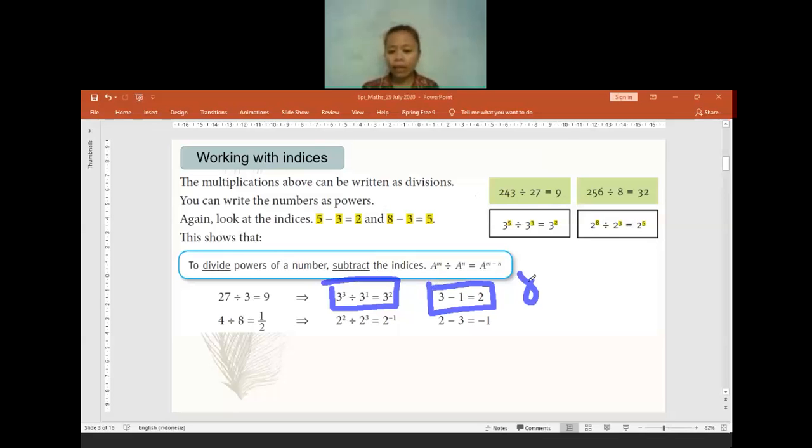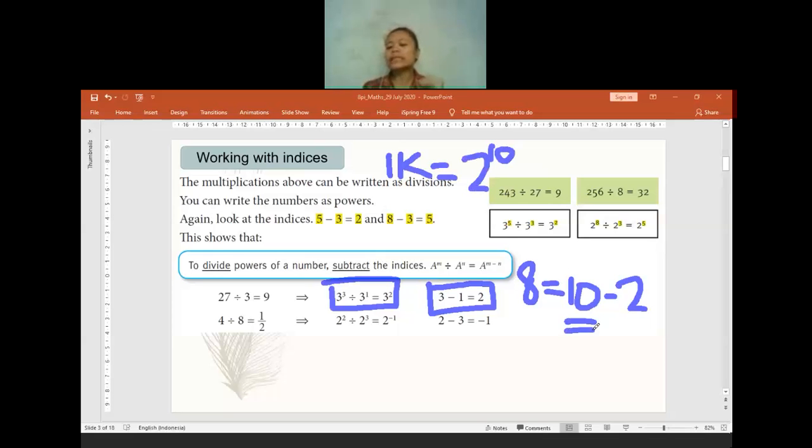Before, I have 8 is equal to 10 minus 2. On question 11, I have 8 is equal to 10 minus 2. The question is 2 to the power of 8. That's why I make 8 equal to 10 minus 2. Why did I pick number 10? Because we have that 1k is equal to 2 to the power of 10. That's why the number 10 is a must. We have to use the number 10. We cannot use any other number. Otherwise, we cannot go back to the 1k.